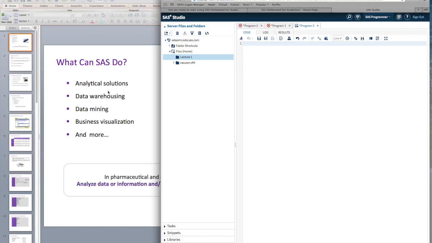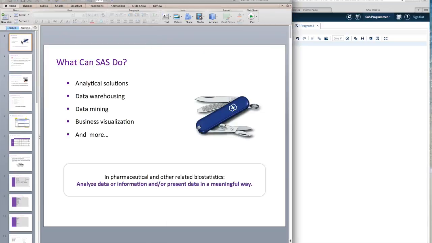First, I would like to take a moment to explain what SAS can do. First of all, one of the key functions of SAS is analytical power. Companies like pharmaceutical, health insurance, and financial industry often use SAS because you can analyze very, very large data sets that are beyond Excel's capability. It also has data warehousing and data mining features that you can use, which we will cover in this class,